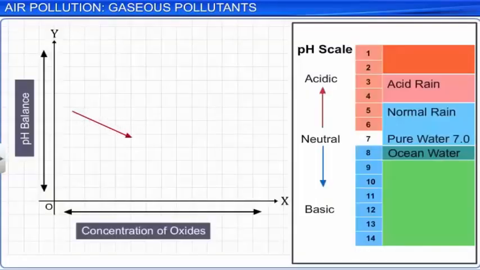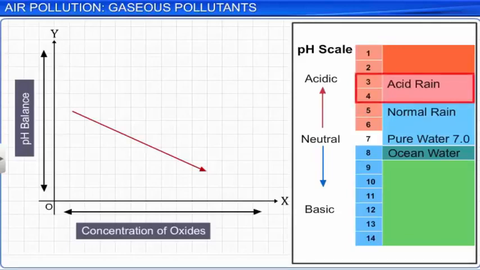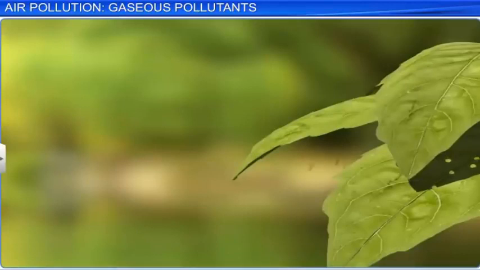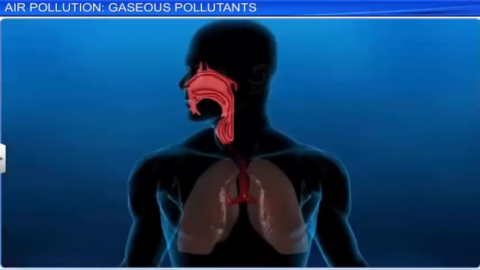Nitrogen dioxide can cause respiratory diseases in children, irritate the eyes, lungs, and throat, and damage the leaves of plants, affecting their photosynthesis. An increase in the level of the oxides of sulfur and nitrogen makes the pH value of rainwater drop below 5.6, causing acid rain. Acid rain washes away nutrients from plants and is harmful for trees and agriculture. It causes respiratory diseases in humans and animals.